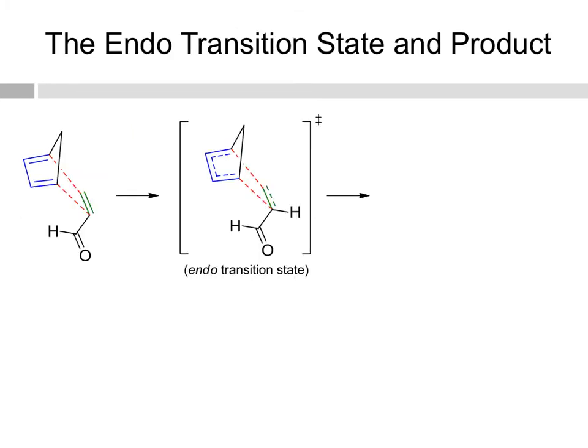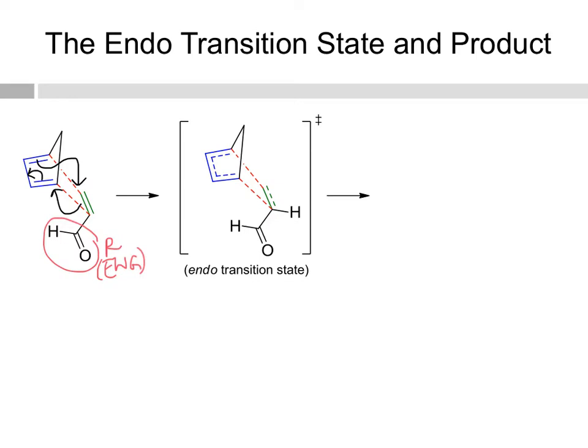Now let's try this with the Endo approach. In the Endo approach, remember that this R group is going to come in directly underneath the diene. Now if you have more than one R group, you're looking for the electron withdrawing group. Okay, so you're looking for the electron withdrawing group to be underneath the diene. And again, we can draw our transition state. So we're making these two sigma bonds, we're making this new pi bond, we're breaking these three pi bonds. If I were to draw arrows, remember that I start here, attack this alkene, and then go around in a